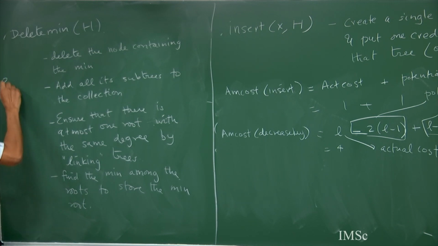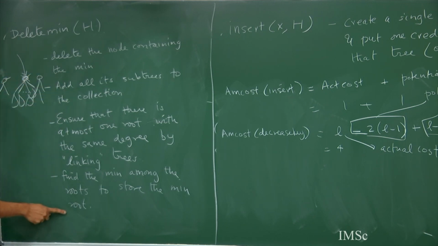So there are this many trees here, and there is a pointer which says this is the min. So what I'll do, I'll delete this node, and these subtrees, I'll add them to my collection, find the min among all the roots, because I need to know the new min. And now I do one more thing, which it's okay to do without any extra cost. I'm going to do it. I'll tell you why. So what I'm going to do now, run through my entire collection and make sure